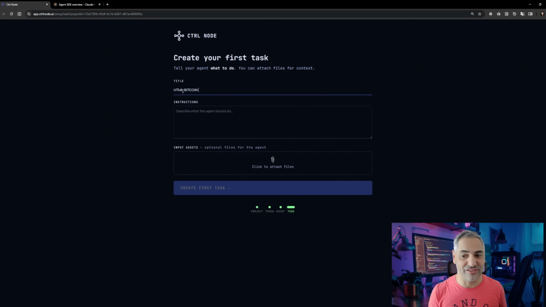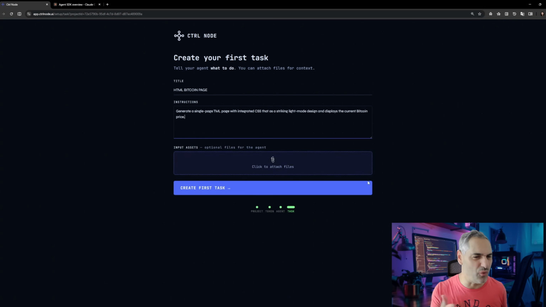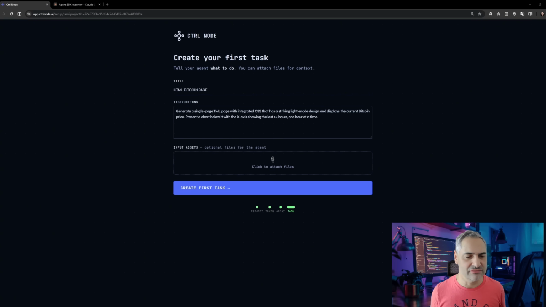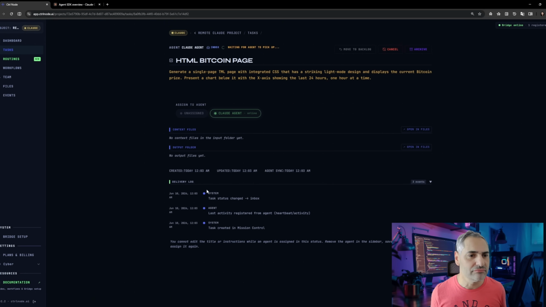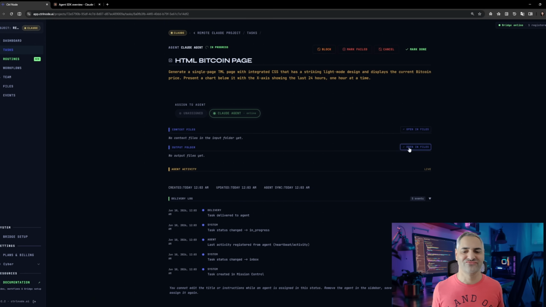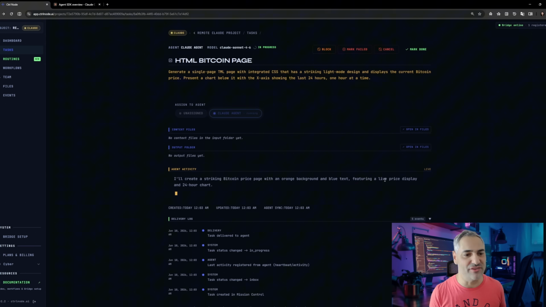Once the agent is created, we move on to our first remote task. We are going to create a simple but useful example task. We are going to ask our agent to create a single page with the latest Bitcoin price and an hourly chart of the last 24 hours. Generate an HTML page with integrated CSS. Creating. In progress. We can see how the agent is in progress and how in the agent activity section, the actions that the agent is performing to complete the task are being shown, for example, searching for the Bitcoin price,